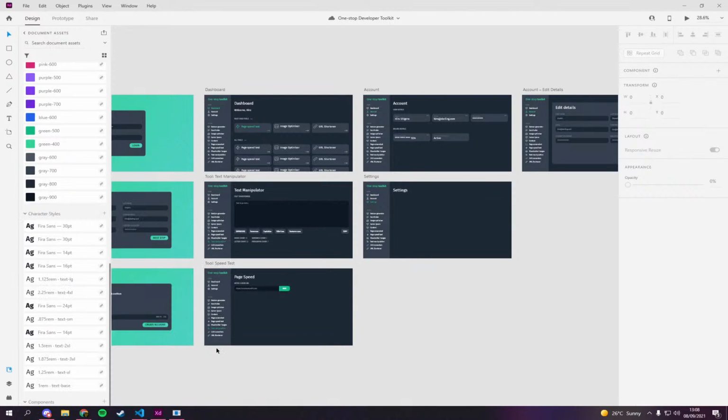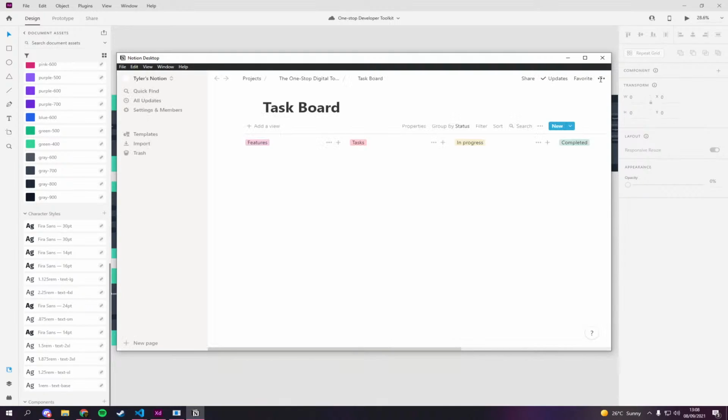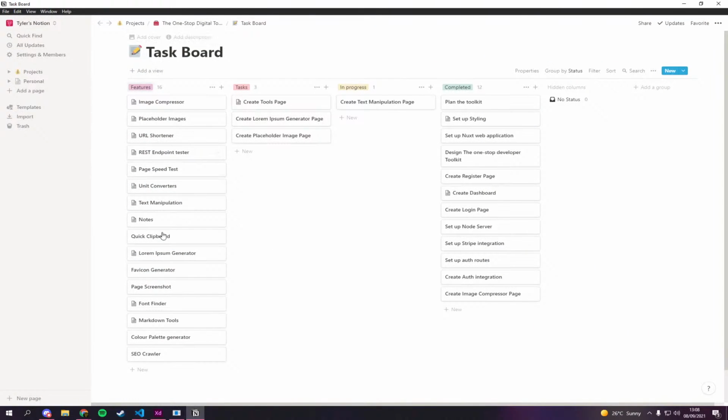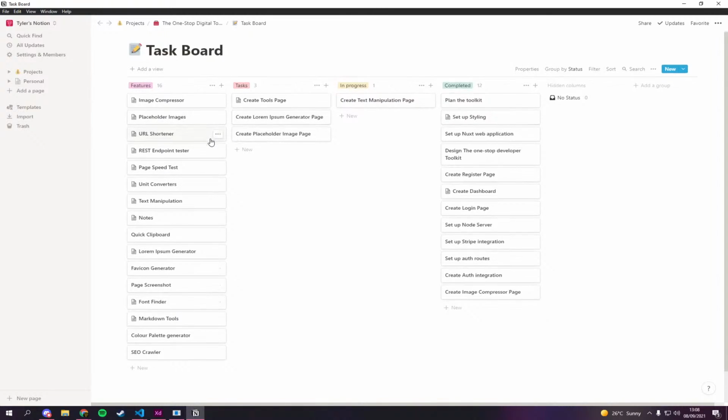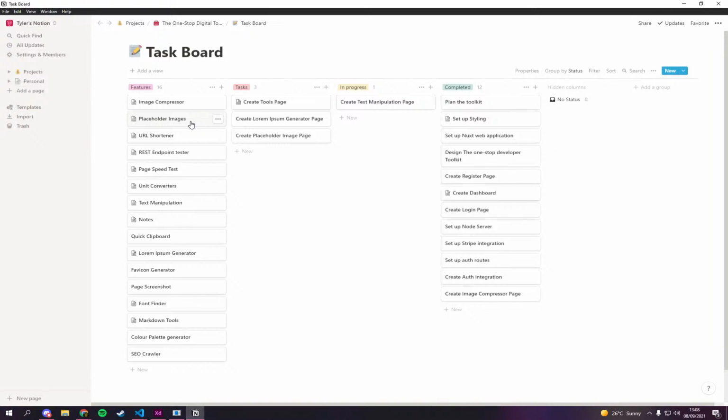I'm currently using Notion, so just a shout out to Notion. This tool is amazing. Basically, you can see here, there's a bunch of things. I'm not actually using this Kanban board, I just had it for the features list. So you can see the features list here. I've got an image compressor optimizer. I've already done that, but I want to add some features for image manipulation too. I want you to be able to change the size of your image, stretch it, minimize it, do some little image tweaks. So that sort of thing all there.